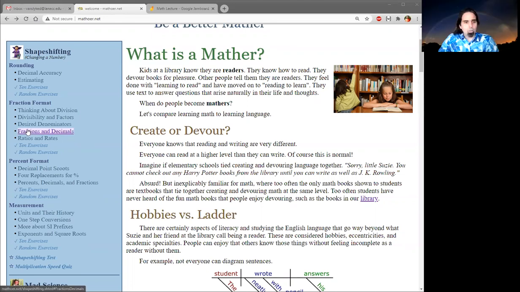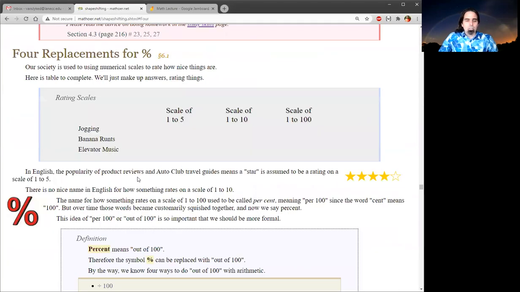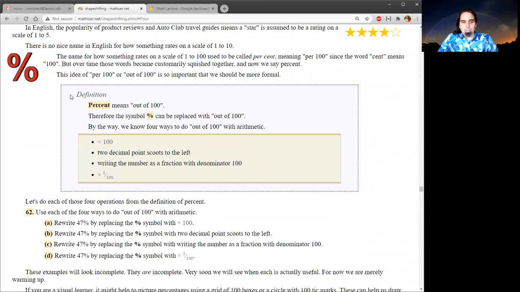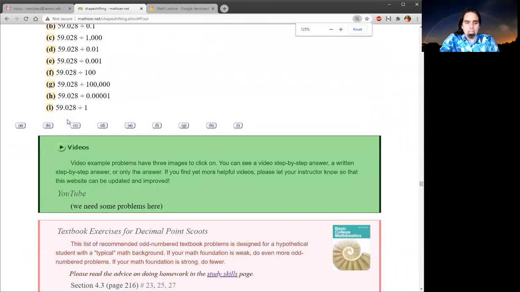A quick review on four replacements for percent, and then we'll go to changing between percents and decimals. So percent means out of 100. We can rate things on a scale of 1 to 5 or 1 to 10 or 1 to 100, and it's nice to think about percents just as a 1 to 100 scale. This is the important thing, this box here. So percent means out of 100, and